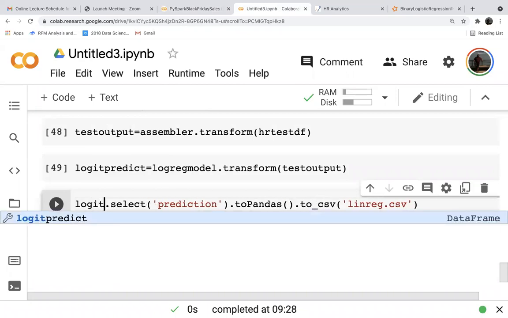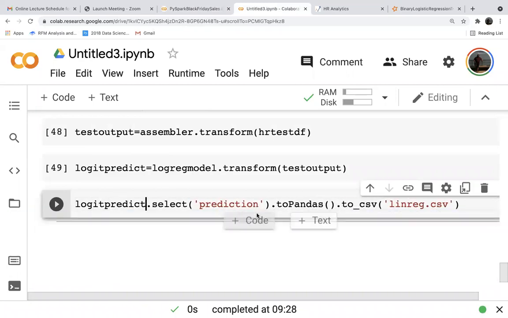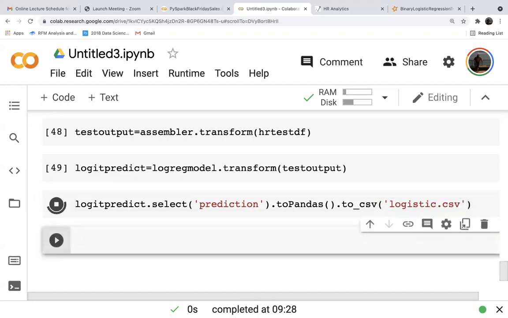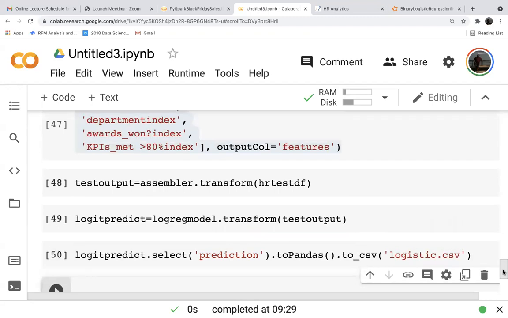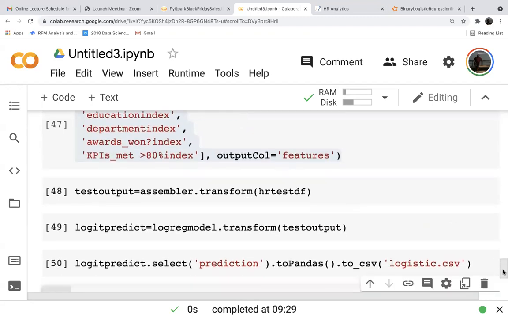So logistic predict dot select prediction to logistic dot CSV. So you can copy paste this output into the sample submission file and upload it into the competition site, and you can see your ranking.